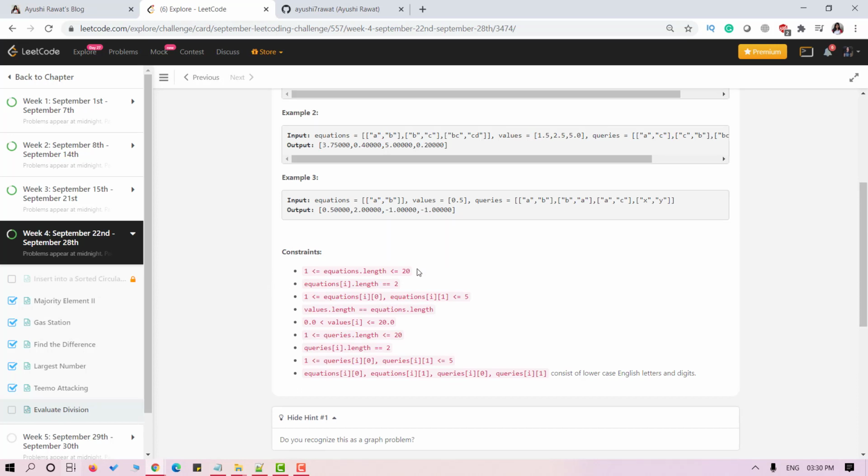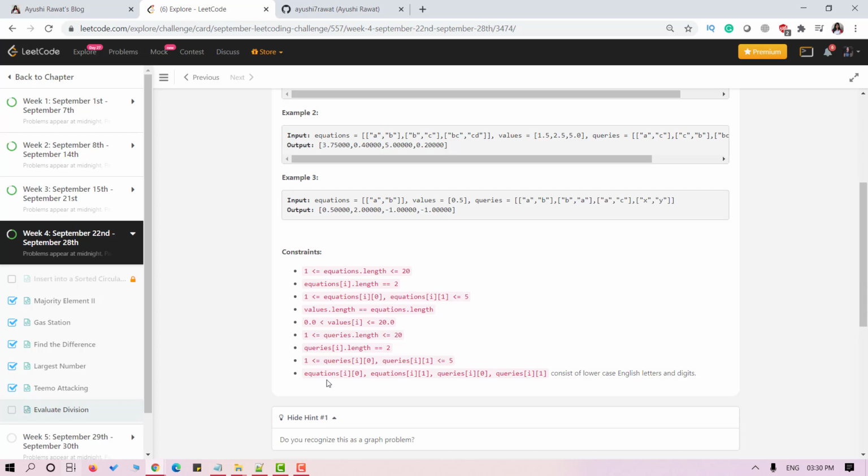Now let's see the list of constraints given here. 1 is less than or equal to equations.length, which is less than or equal to 20. equations[i].length equals 2. 1 is less than or equal to equations[i][0].length, equations[i][1].length, which is less than or equal to 5. values.length equals equations.length. 0.0 is less than values[i], which is less than or equal to 20. 1 is less than or equal to queries.length, which is less than or equal to 20. queries[i].length equals 2. 1 is less than or equal to queries[i][0].length, queries[i][1].length, which is less than or equal to 5.